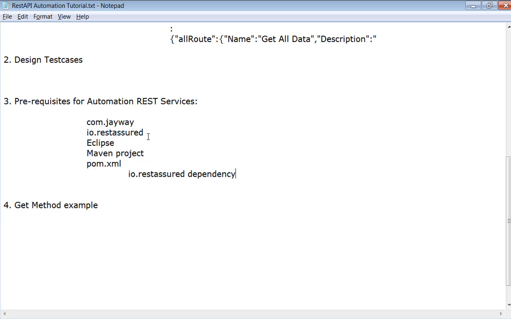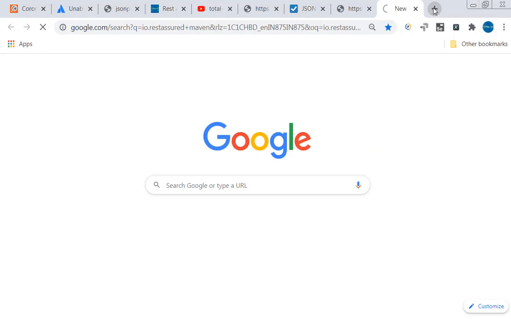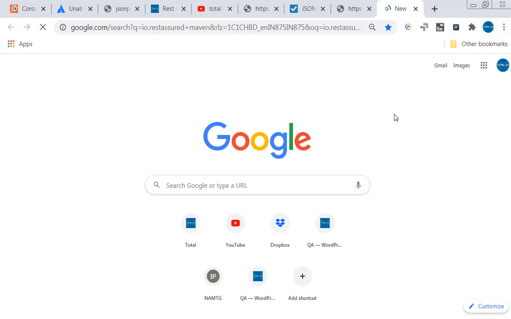So these are the prerequisites. Eclipse is required, a Maven project is required, and in the Maven project we have to create a pom.xml file, and in the pom.xml file we have to maintain the io.restassured dependency. Okay, so let's copy the dependency information from the Maven repository: io.restassured Maven dependency.